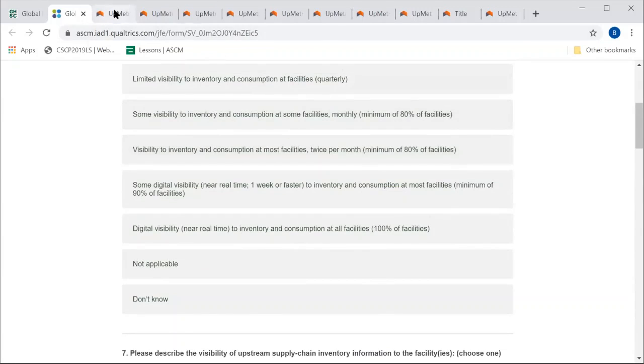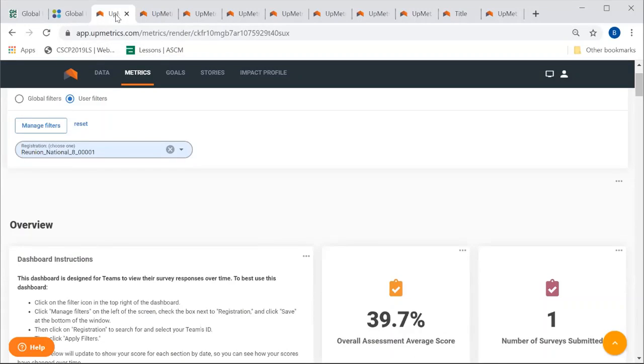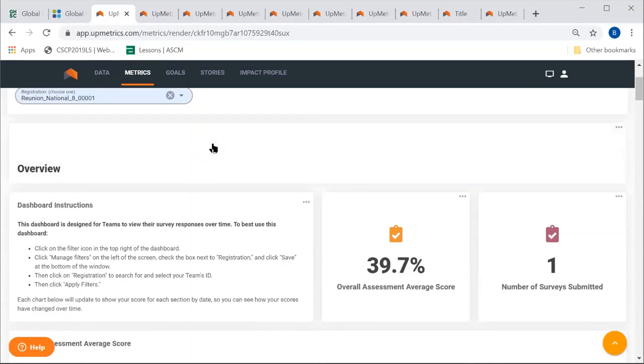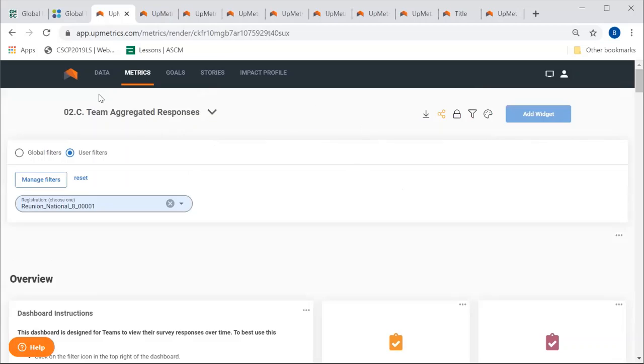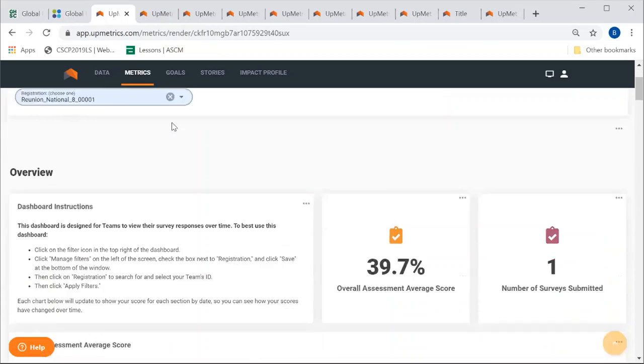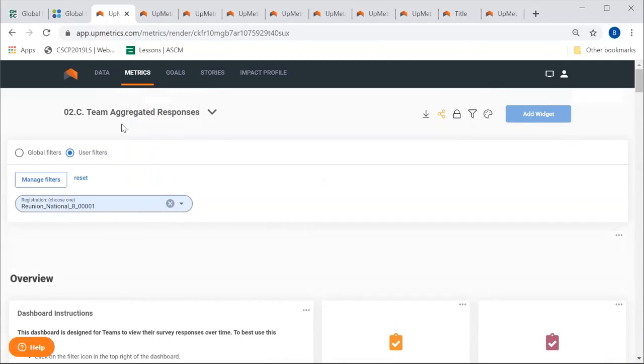Now, this is what the output looks like. Assuming I've done an assessment and I've come to check, okay, now I've done an assessment, what next? How do I find my answers? What have I scored? After clicking next category on the last tab, it takes you to this page. This page is where you see how you have performed. On this page, you can see a percentage here, you can see team aggregated responses here, and so many other things on the tab.